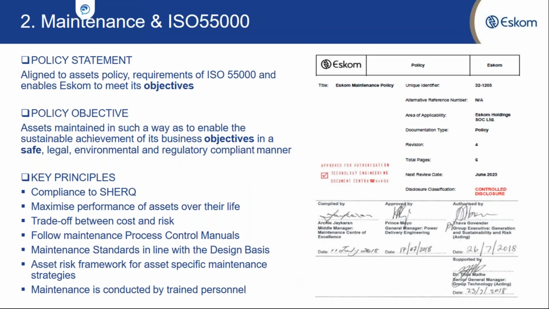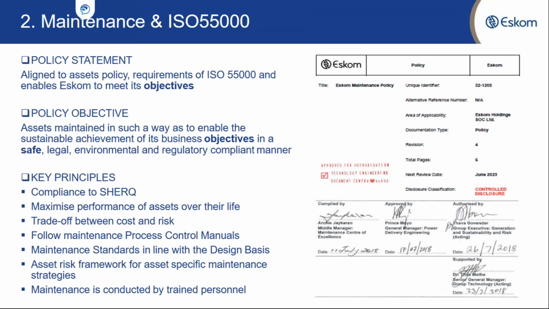Then organizations can actually take a step further to develop a maintenance policy. So if the asset management policy was not prescriptive enough in terms of what needs to be done within the maintenance space, organizations can develop a document that interprets what is in the asset management policy. This document will give direction to elements within maintenance. The various elements shown on the maintenance landscape will get their direction from this